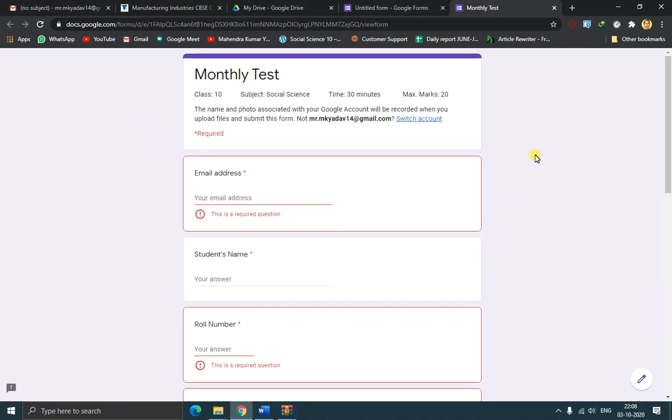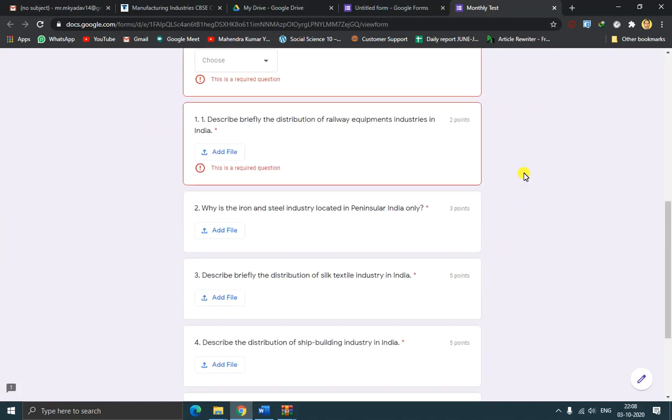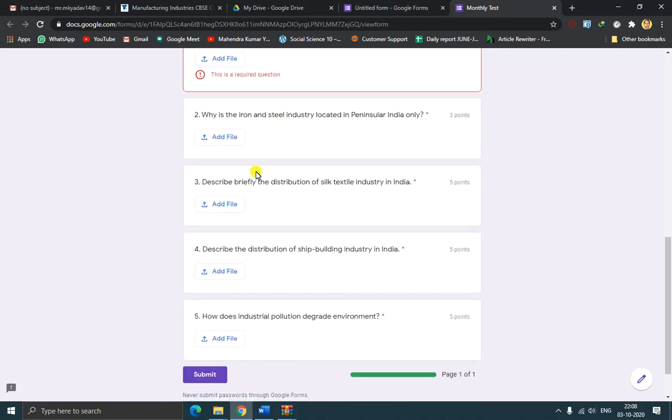So this was all about how to make the question paper so that a student can submit their answers in their writing format. And if the student adds these files here, each student's files will be in sequence, in order, with no zigzag or jumbled collection of answers.